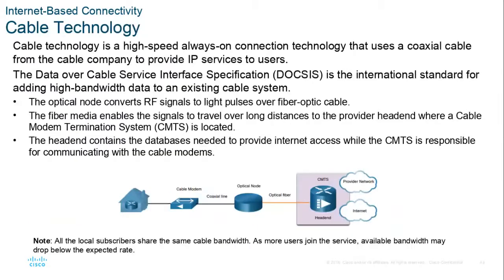Cable technology uses a similar scheme in that at the telephone company's central office, at the cable company head end, they have a cable modem termination system, which is another fancy $1 million Cisco router. Other companies make them too. And they run fiber optic cable out to that node in your neighborhood.